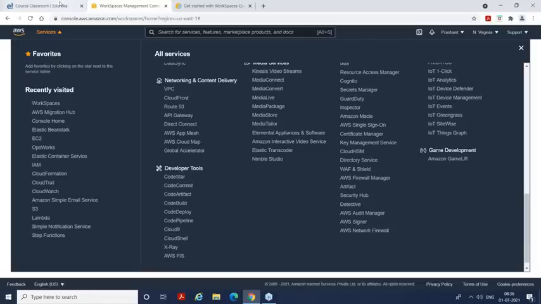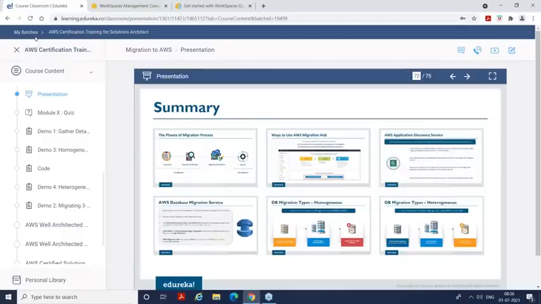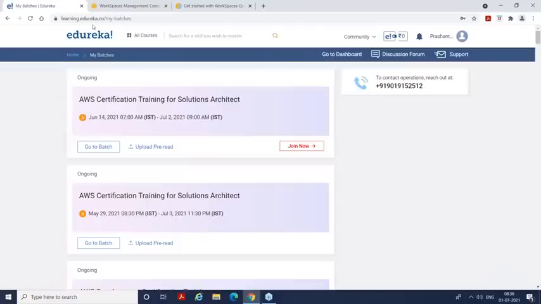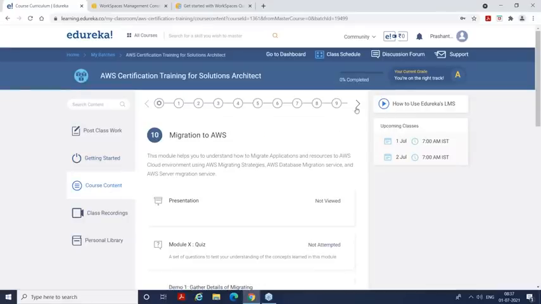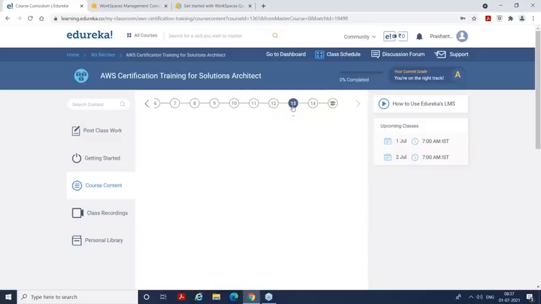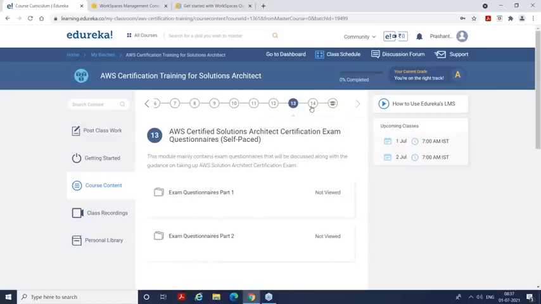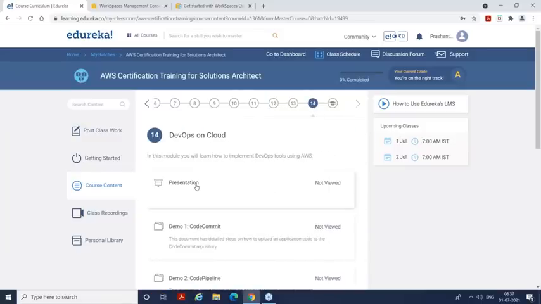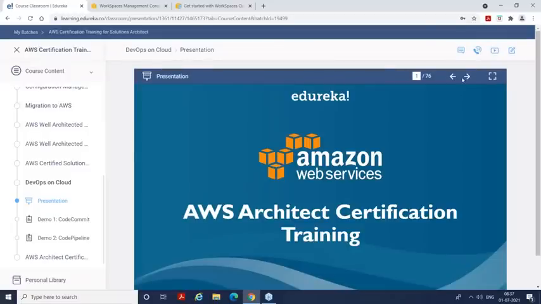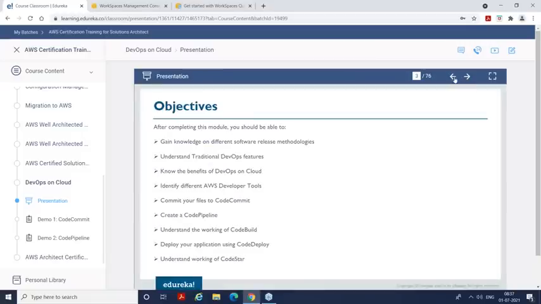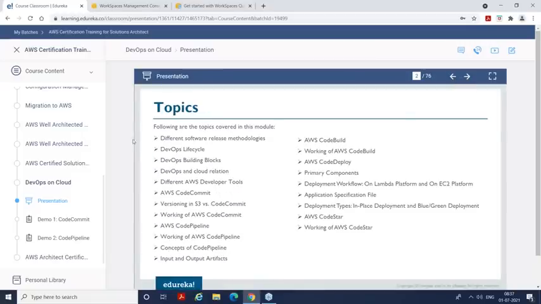And if you want to get started with DevOps on AWS, in your course already, they have included introduction to DevOps, so that you can get to know some fundamentals of DevOps. I think module 12, which is your self-paced, okay, module 13, right? One of this is DevOps on cloud. They have included a self-paced module. You can refer to understand how DevOps works on cloud. Some fundamental understanding. So it has a lot of things to discuss overall.